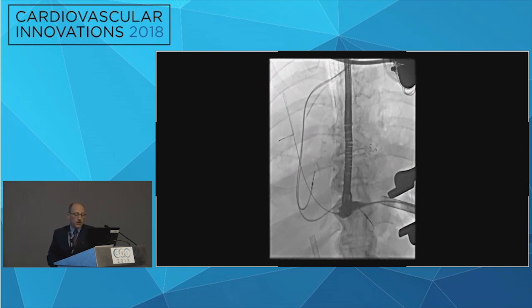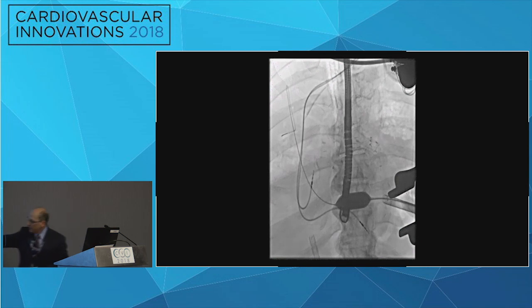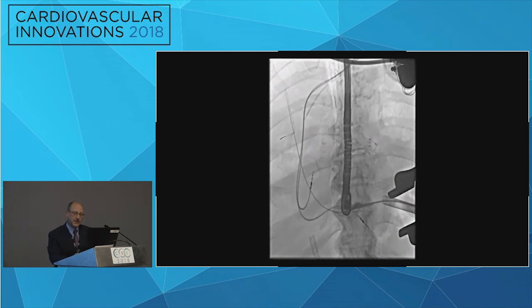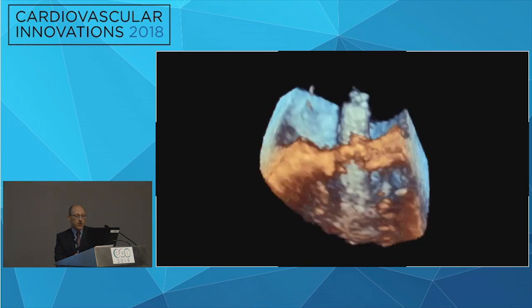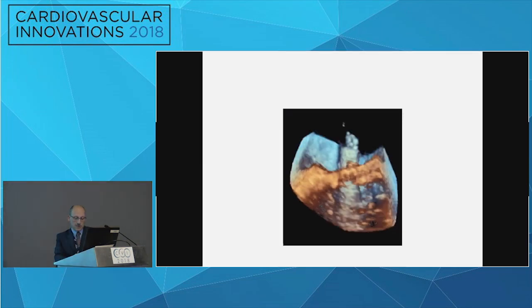Following that, over the wire, a transapical sheath is placed, and then a balloon valvuloplasty is performed of the anterior mitral leaflet itself. Remember, the wire is penetrating through the anterior mitral leaflet itself. You can see on the bottom here how the anterior mitral leaflet yields after the waist, there's the waist, and pop, it yields. And that's what it looks like when the balloon is inflated through the defect in the